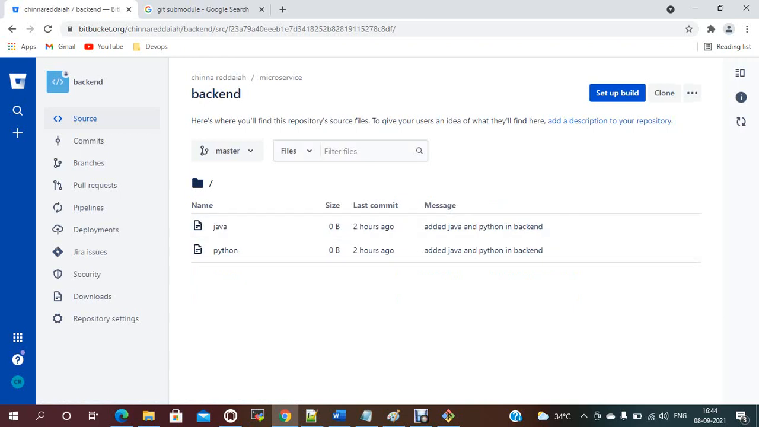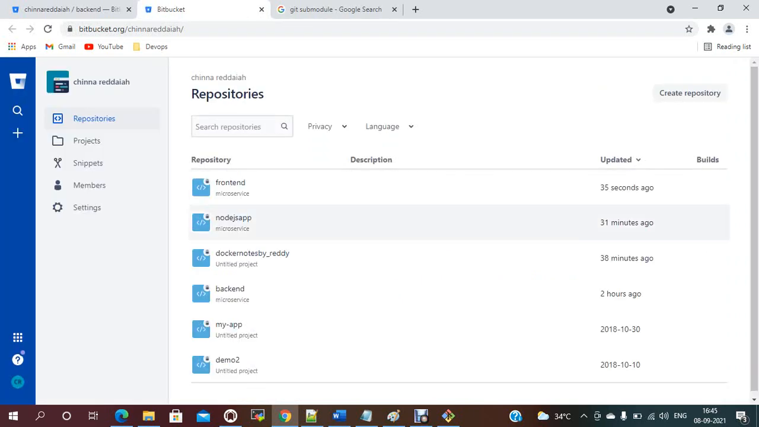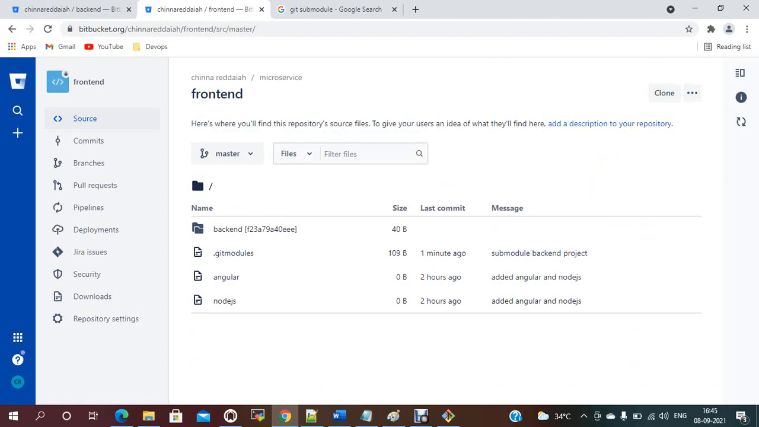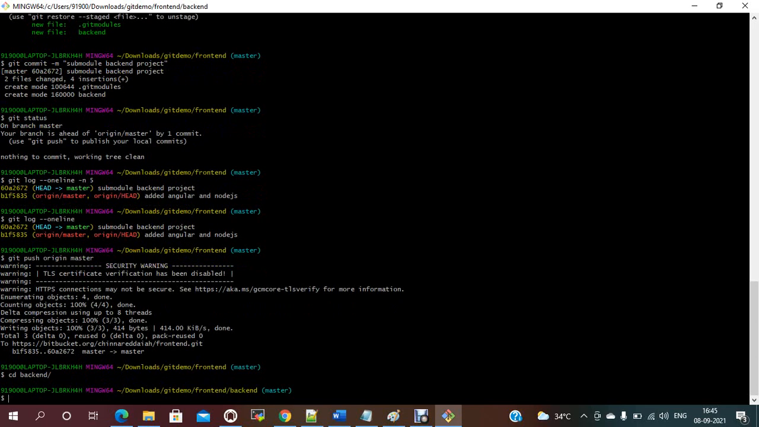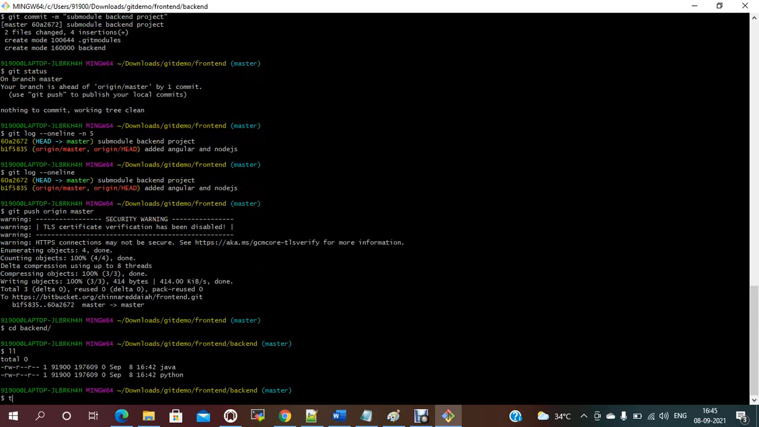See these files, it should be pushed like this. You need to add a git submodule. Let me go to the front end. If you try to make some changes in the backend, cd backend, suppose you try to add the files